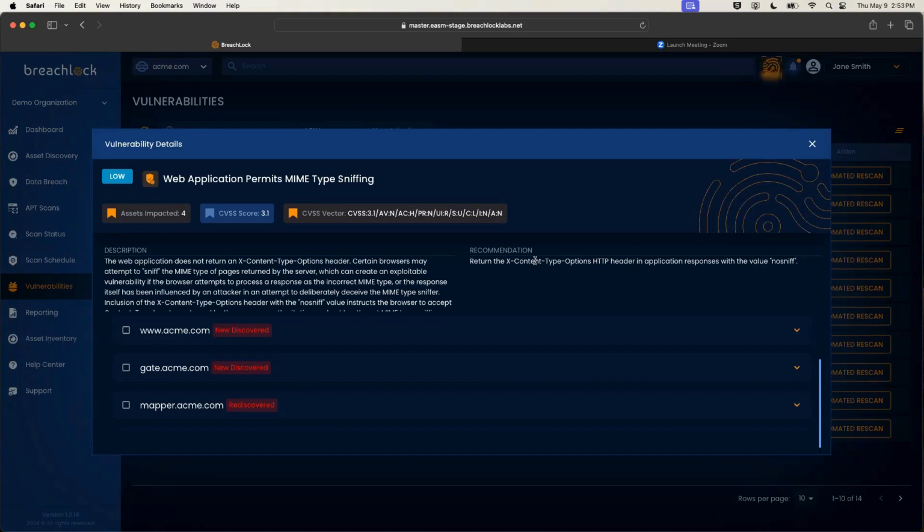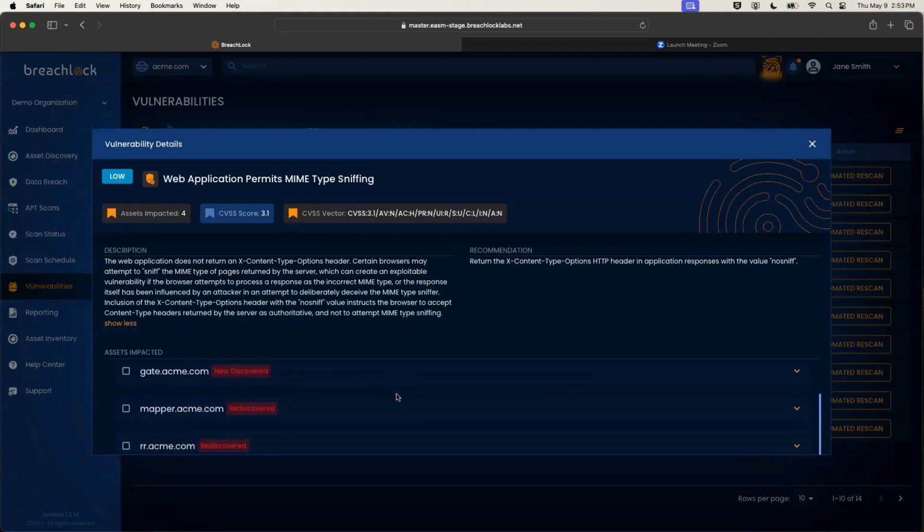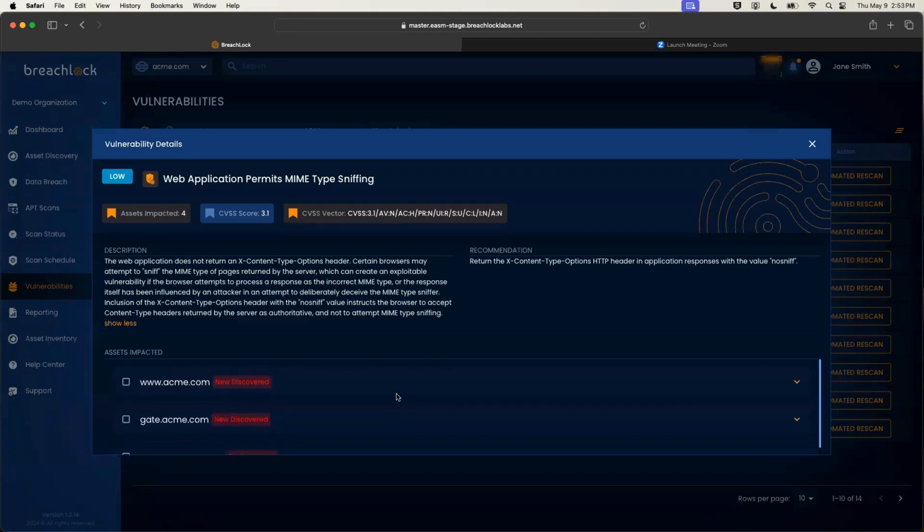Adjacent to the description is the recommendation. This is an expert recommendation for remediation of the vulnerability. Below are assets impacted. Each asset is labeled by whether it is identified for the first time, labeled as new